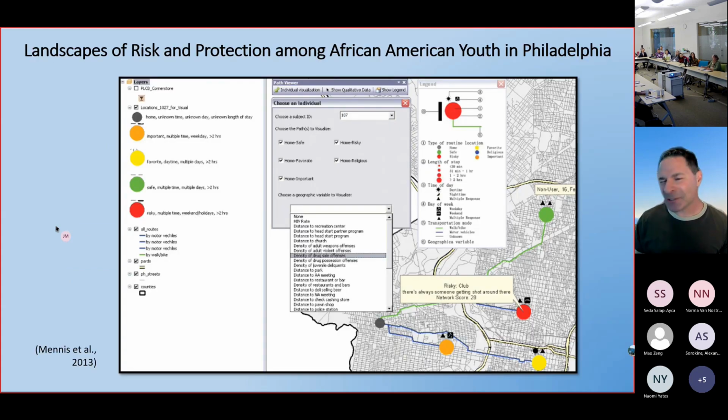And this is actually not so different an idea generally from the kind of research that I've been doing for the last 15 years, which is much more about public health. But this is a publication from 2013 in the International Journal of Geographical Information Science about landscapes and risk and protection for African American youth in the city of Philadelphia. We're focusing on